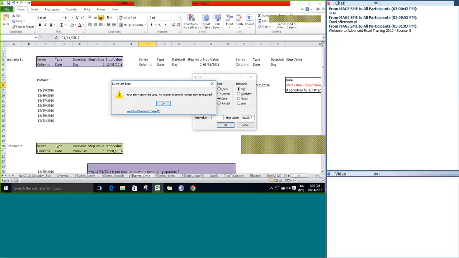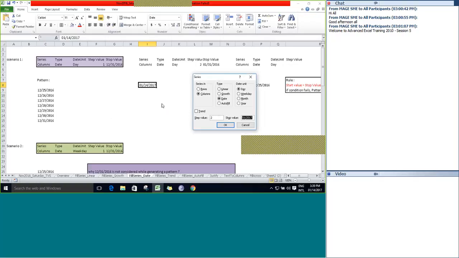You can see that your entry can't be used. An integer or a decimal number may be required. The reason we are getting this error message is that the system is unable to analyze this file format as a date, because the system date is going to be month, date and year.